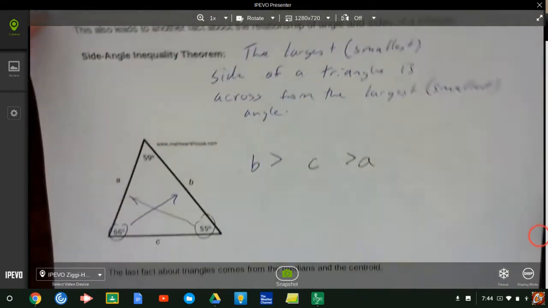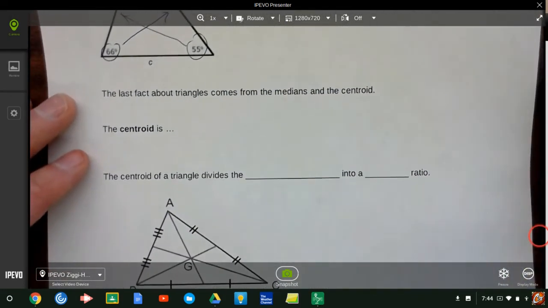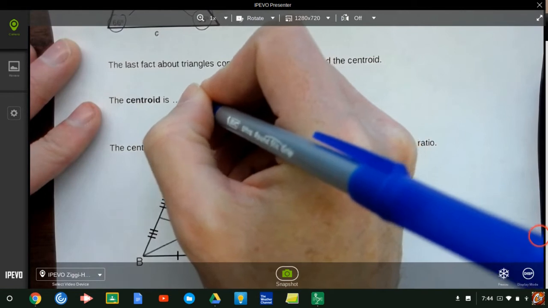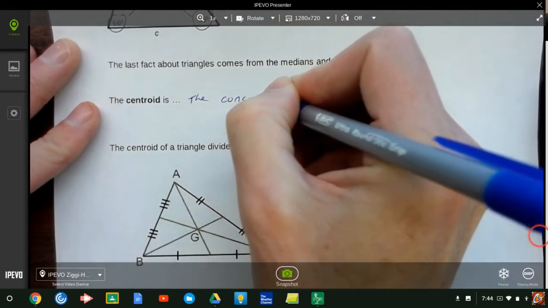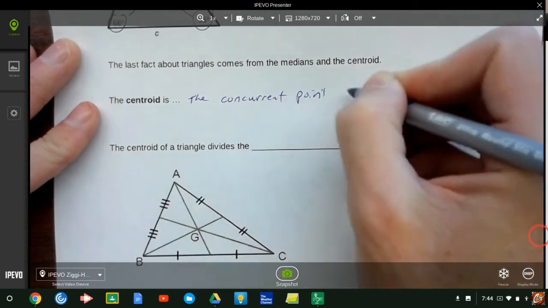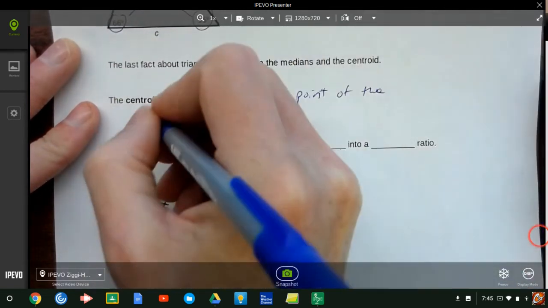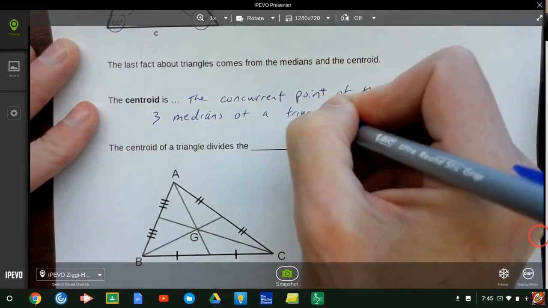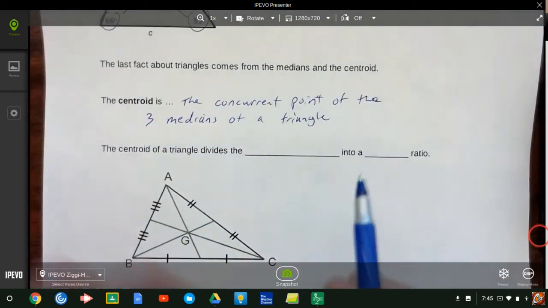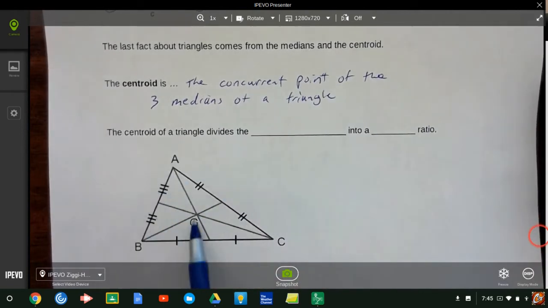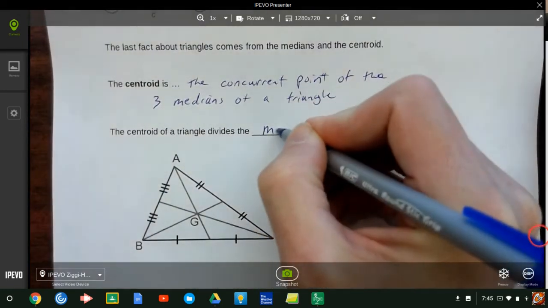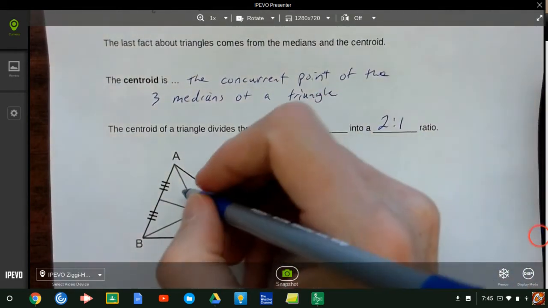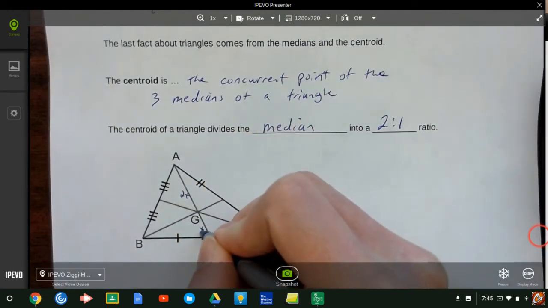The last fact that we want to talk about with triangles before I let you go on this one and you'll come in tomorrow. The centroid. We already talked about the centroid. We said that the centroid is the concurrent point of the three medians of a triangle. And in the honors classes, we actually talked about what that centroid does. We said that that centroid divides the median into a 2-to-1 ratio,